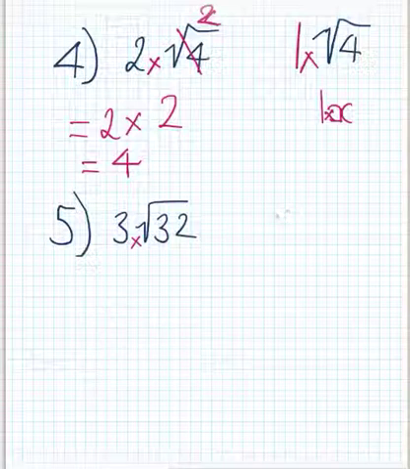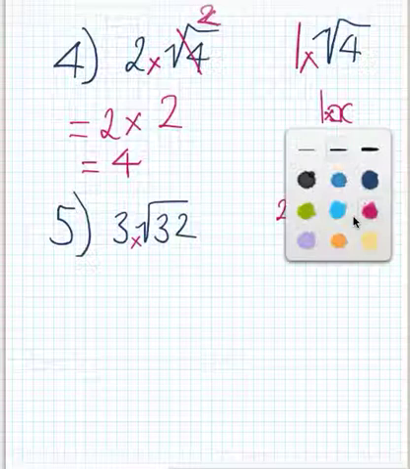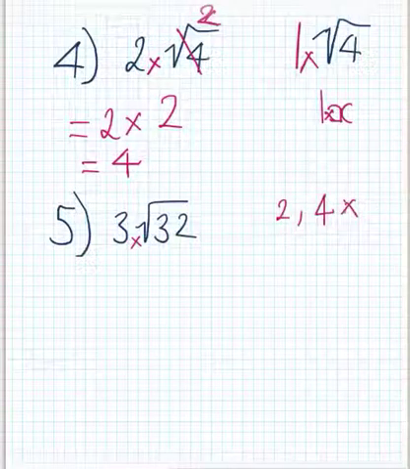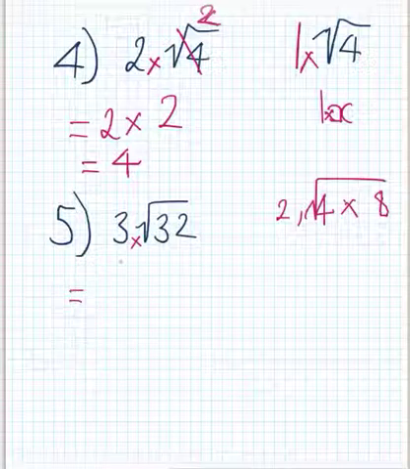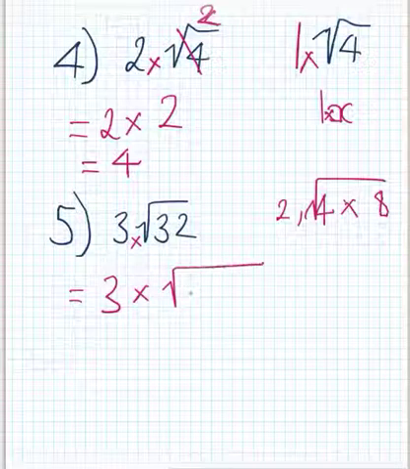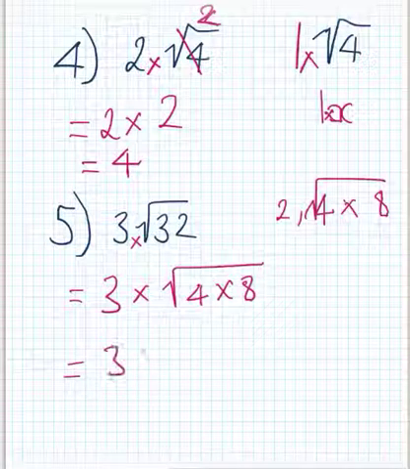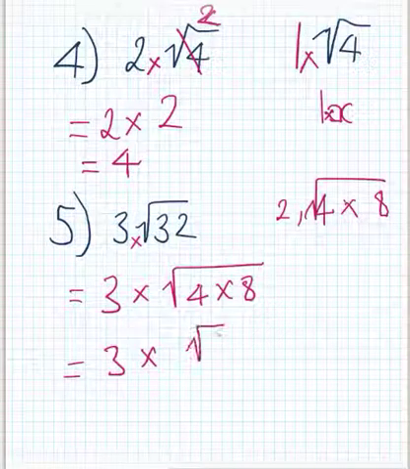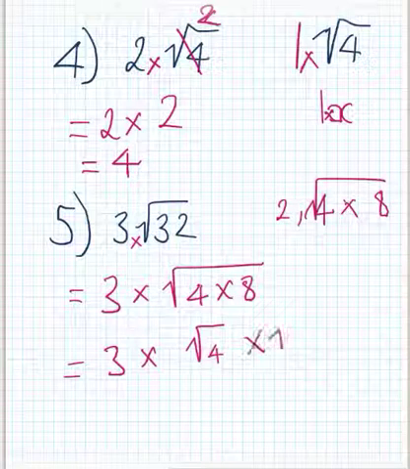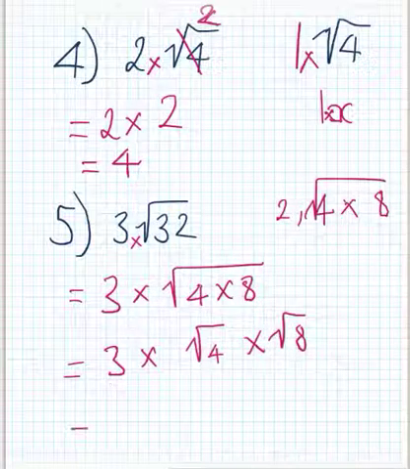So factors of 32, I know 2 is a factor of 32, I know 4 is. Well, 4 is a perfect square, and 4 times what gives me 32? I know that 4 times 8 gives me 32, so I'll be using that. So, once again, that 3 times stays outside for now, and we have the square root of 4 times 8, which equals, now separate them, so 3 times the square root of 4 times the square root of 8, which equals